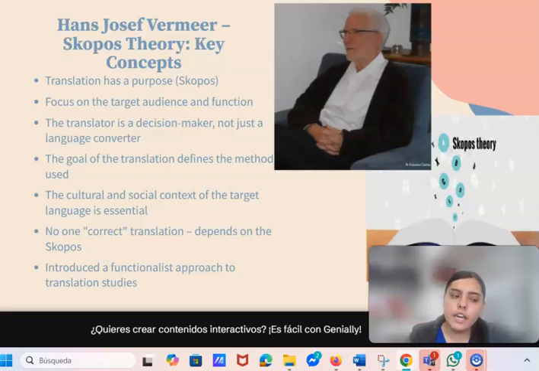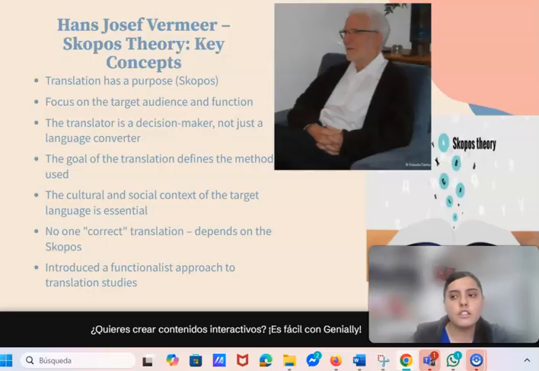You don't always have to stick strictly to the original. Instead, you adapt based on how it's going to be read and why. For example, translating a health brochure is different from translating a poem or a history text because the goal and